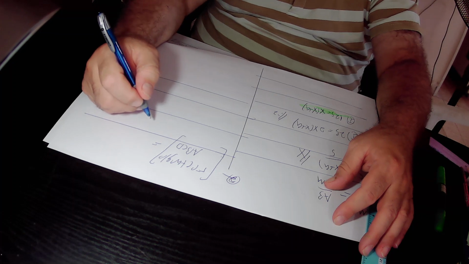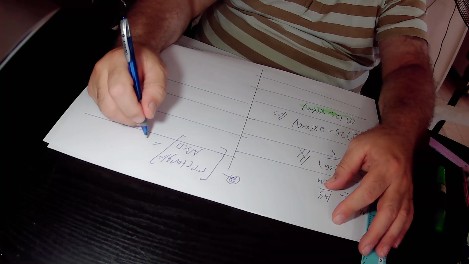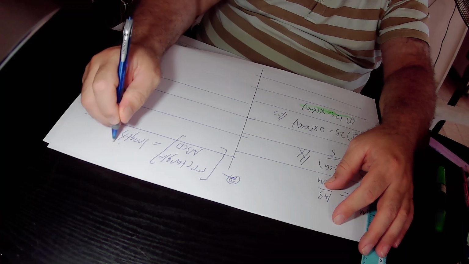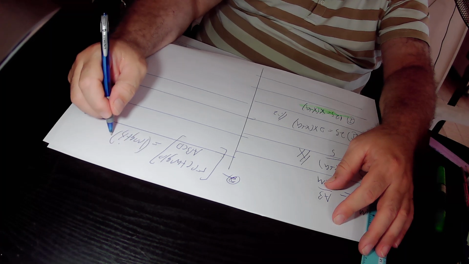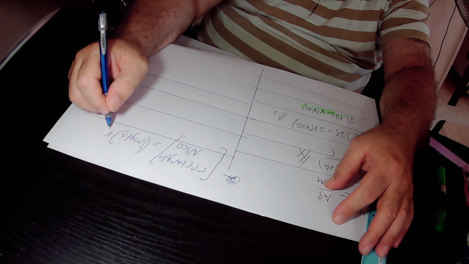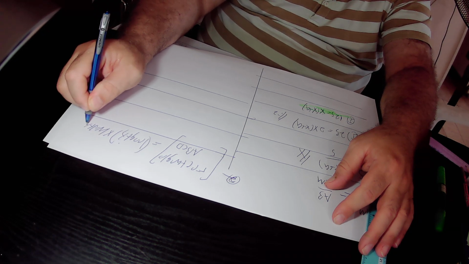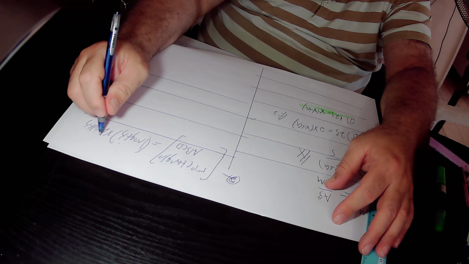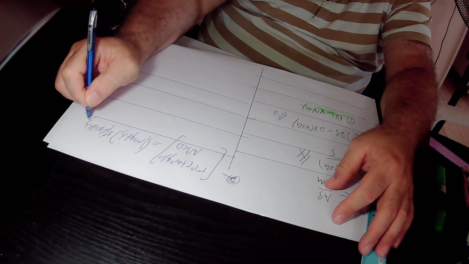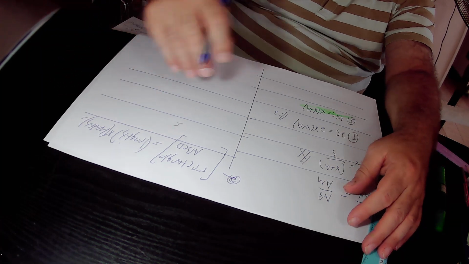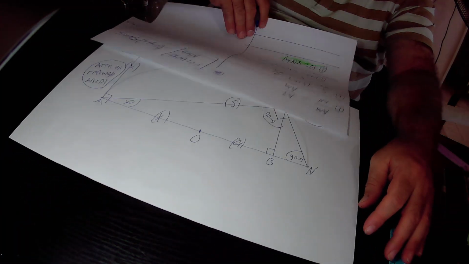Actually, we know that the area of any rectangle equals the length of the rectangle times the width. Repeat again: the area of any rectangle equals the length of the rectangle times the width of the rectangle. And therefore, the area of rectangle ABCD must be equal to the length of the rectangle ABCD